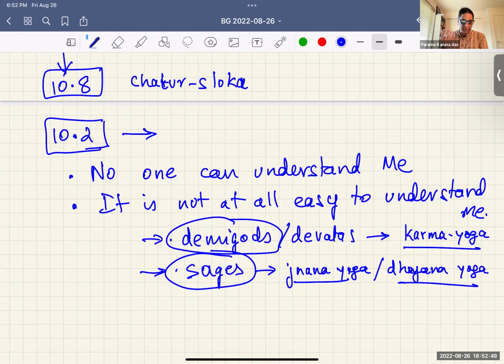Na me viduh suraganah: the suraganah, the devatas, the demigods, na me viduh. Me means me. Lord Krishna is saying me. Na, they cannot know me, or they do not know me. They do not understand me. And what do they not understand? Prabhavam. Prabhavam means my opulences, my mystic leelas, how I can lift the Govardhan hill, how I am a small boy